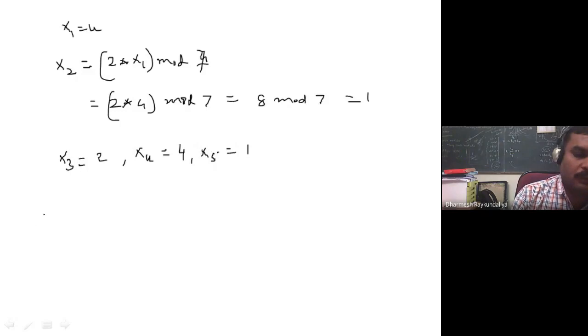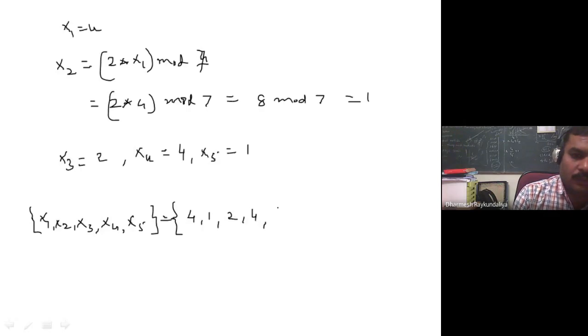So what is the sequence of random numbers we have generated? x1, x2, x3, x4, x5, because we wish to generate 5 random numbers. They are x1 is 4, x2 is 1, x3 is 2, x4 is 4, and 1. Again it will go to 2. Likewise it will repeat.